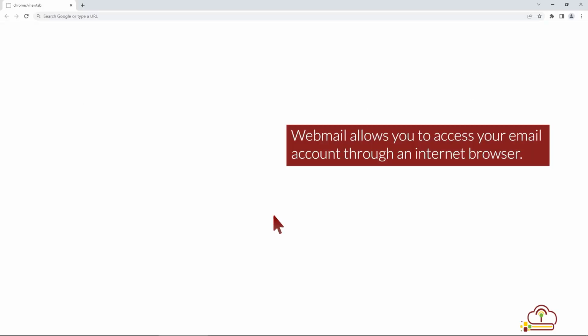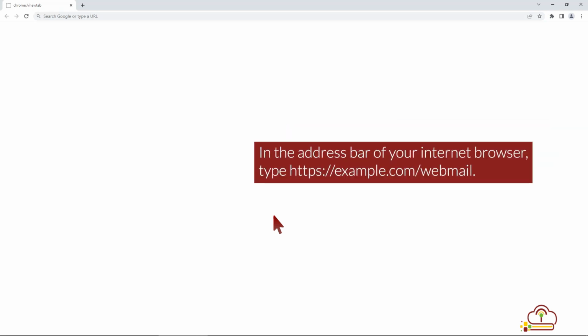How to access your email account from cPanel Webmail. Webmail allows you to access your email account through an internet browser. In the address bar of your internet browser, type